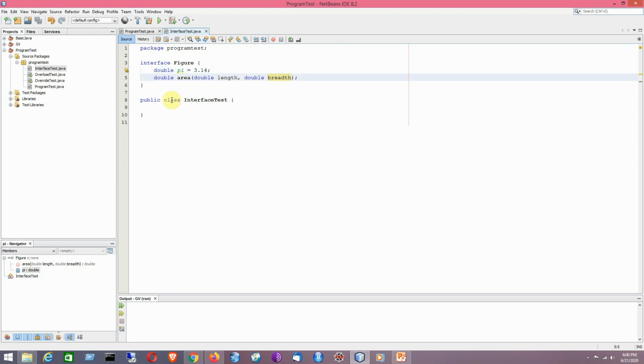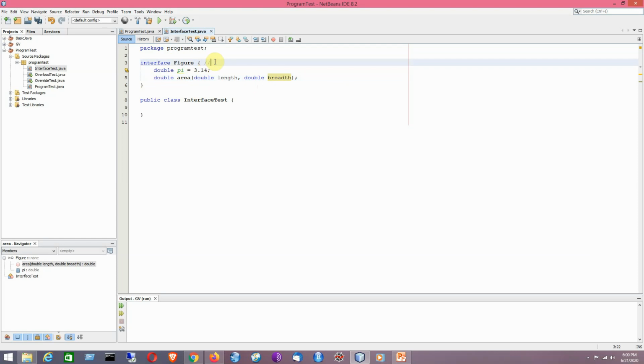So that is why you don't have to specify the abstract keyword like you did with respect to the definition of abstract class, because the abstract class may contain concrete methods as well as abstract methods. So in order to distinguish between them, you needed to use the abstract keyword, but there is no requirement of using the abstract keyword for a particular kind of abstract method. So that is why we have not used the abstract keyword here. So it is the interface.